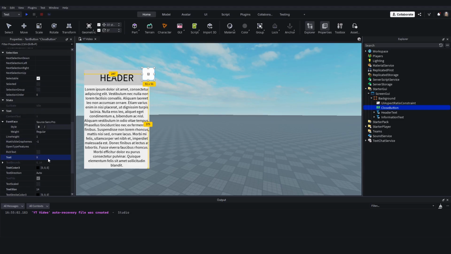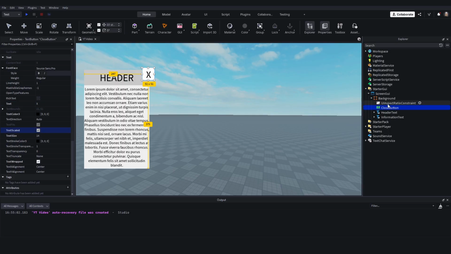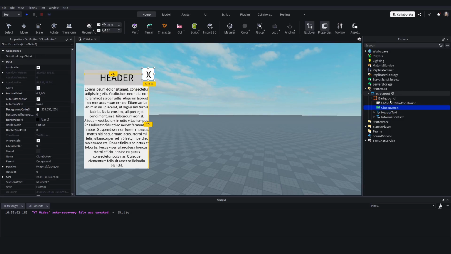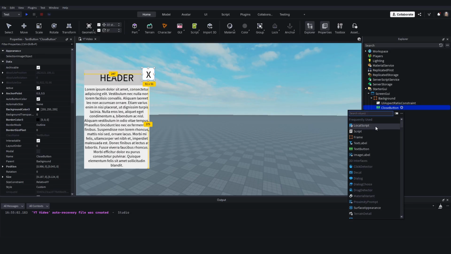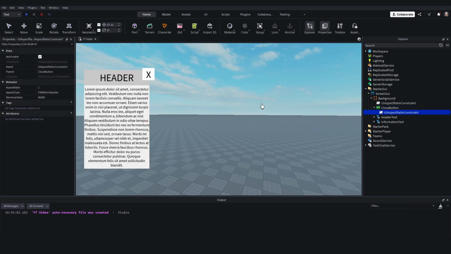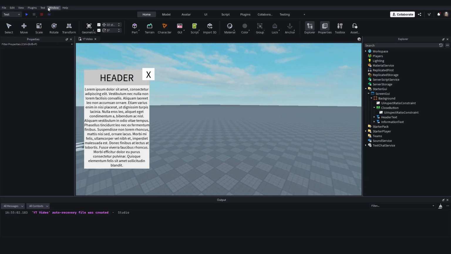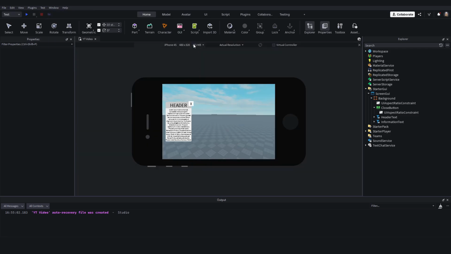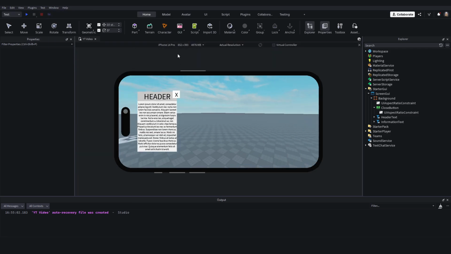I'll make the text just be an X and scale that. I won't bother adding a size constraint, but I will be adding a UI aspect ratio constraint. Again, just got to play around with it until it's the right size, which I think is just 1. Perfect. And now I can go to test, device emulator, and no matter what device I'm on, this UI is